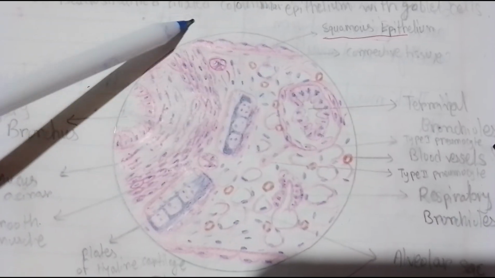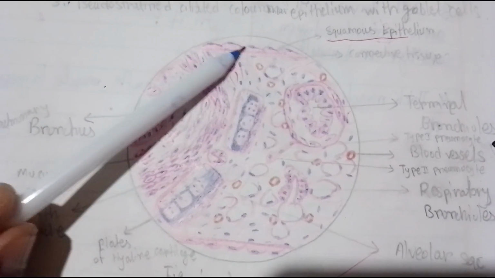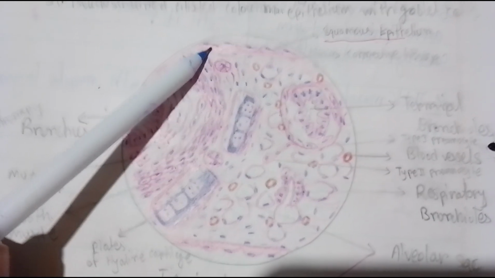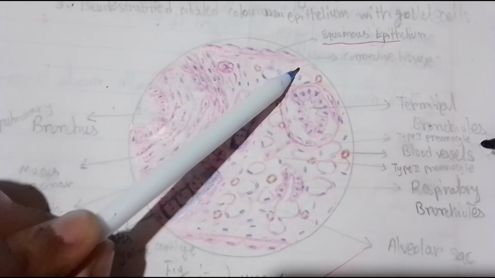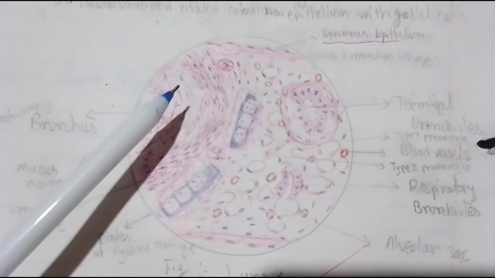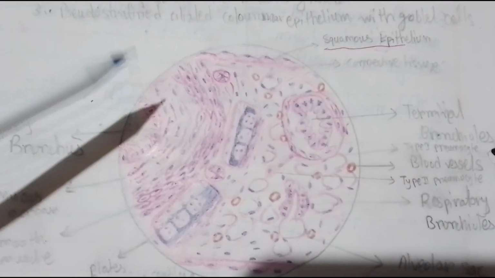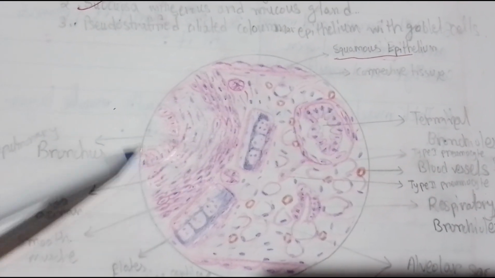So how can you draw it? First you have to draw the squamous epithelium layer, then the connective tissue layer, then on one side. First of all, on one side we have to draw the intrapulmonary